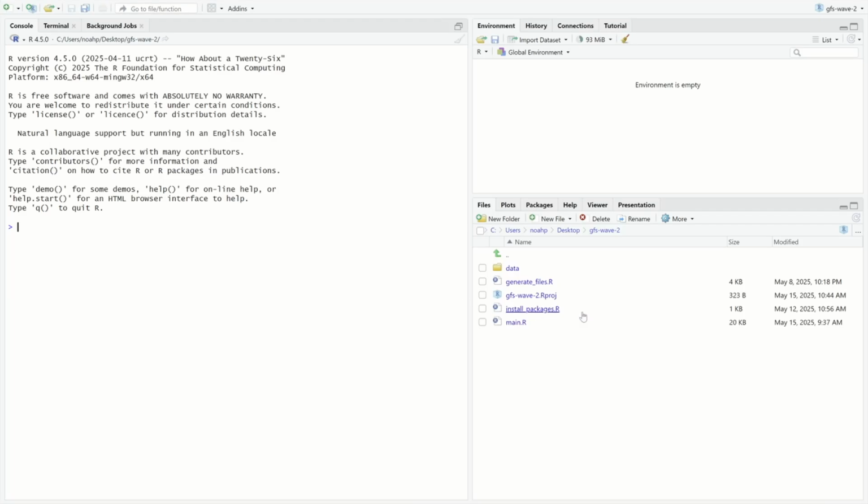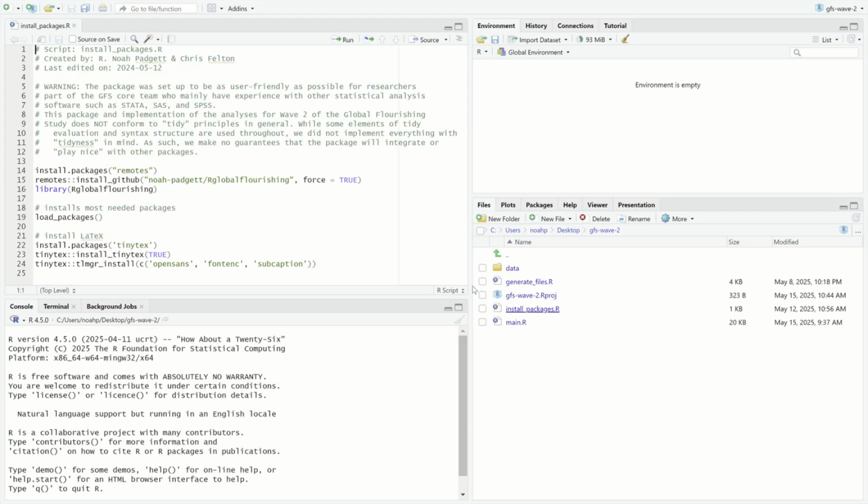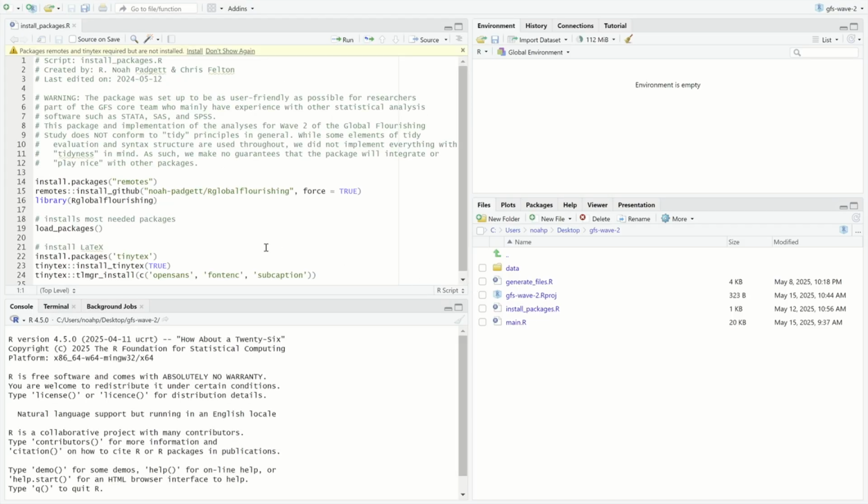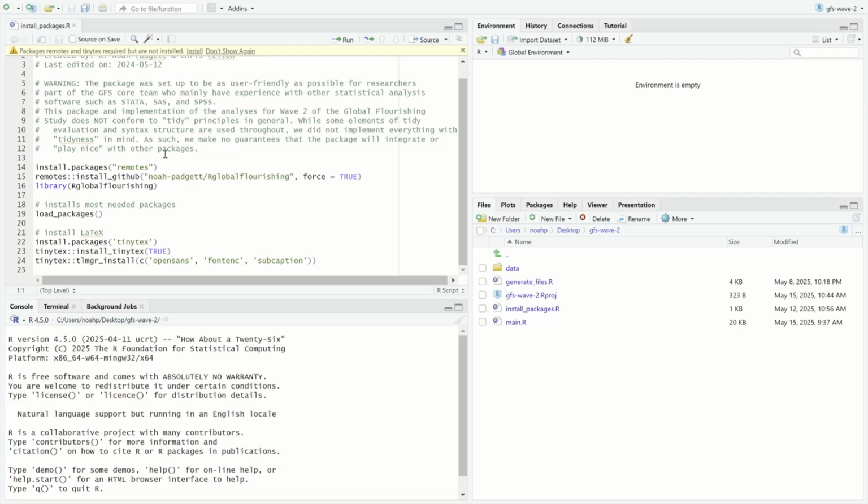First file we need to run is this install packages function. This is the one that helps us get all of our specific packages that we need installed. So one of the things that I thought I updated here, but what this will look like is